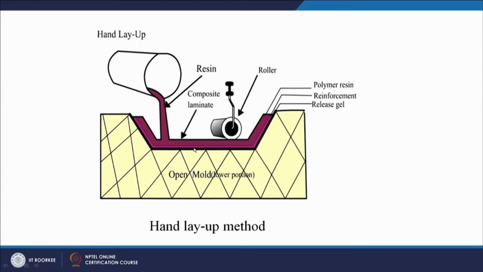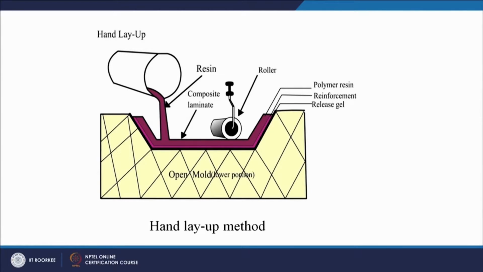And then once this stacking up, laying up has been done, there is a consolidating roller. We will see this roller in the animation or the video also. It will apply pressure manually on the different layers that we have stacked up together. In between we have applied the polymer and we are applying manual pressure with the help of a roller. Now how is the process done? Let us try to understand that.